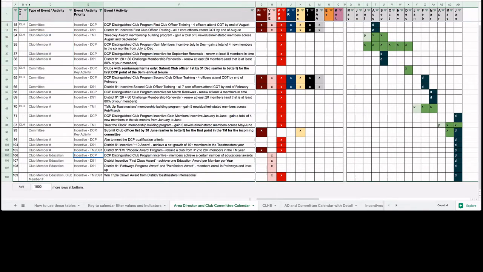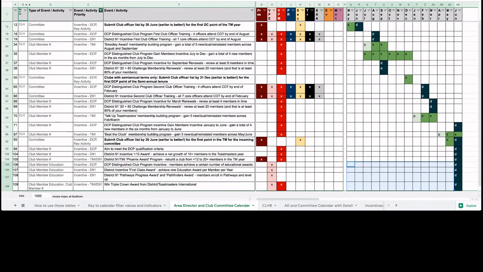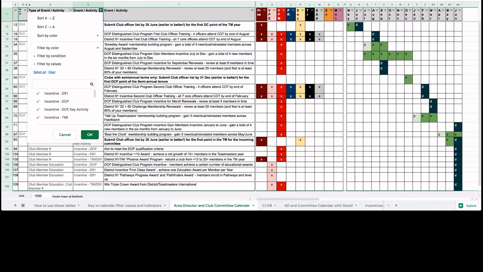And then we've got a whole smaller, but significant, chunk of incentives here to do with member education, which tend to all be awarded at the end of the Toastmasters year, but really, of course, require activities throughout the Toastmasters year. So these are the